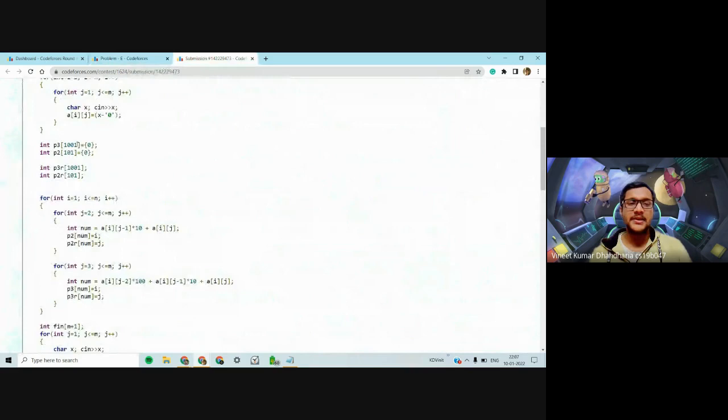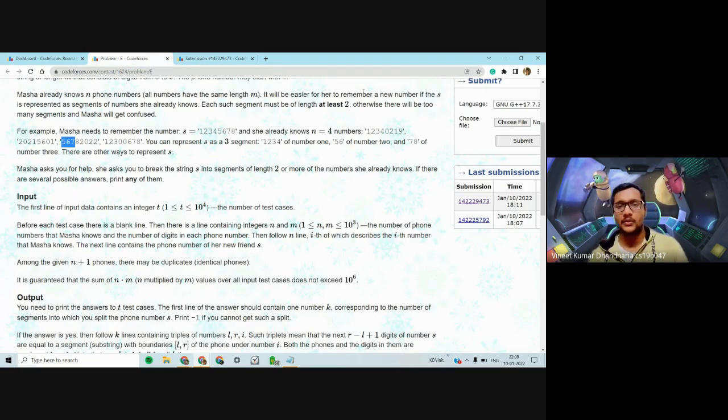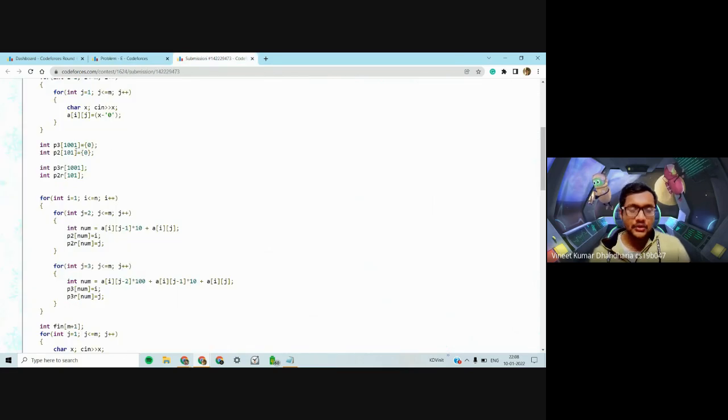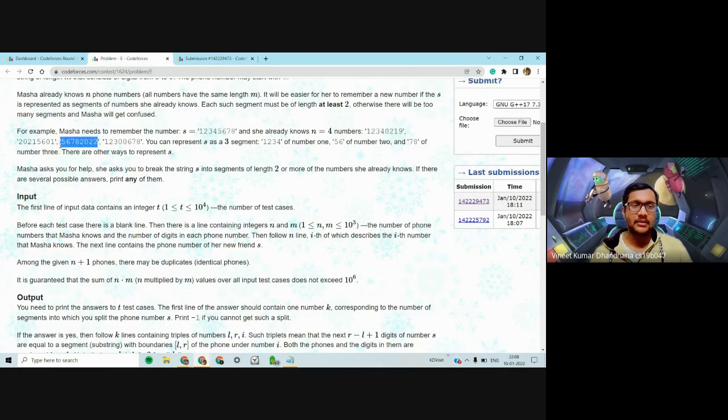Since it's a 3-digit string, P3 of 567 would be equal to 3 because it's in the third string, and P3R of 567 would be 7, the right coordinate, which is the 7th position in the third string.